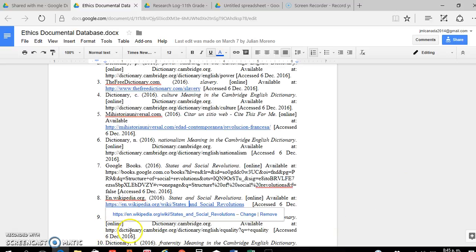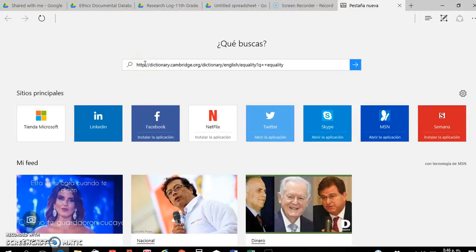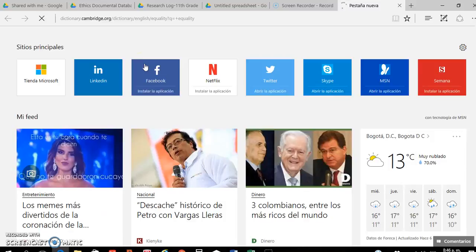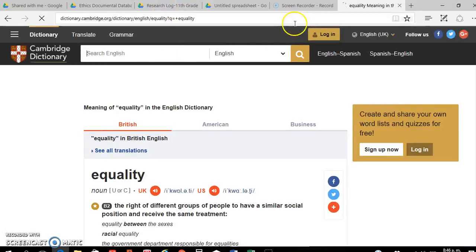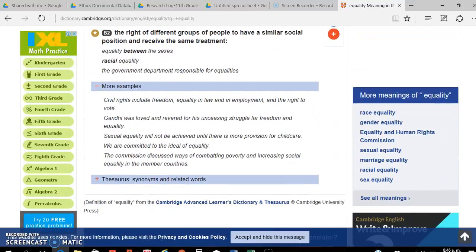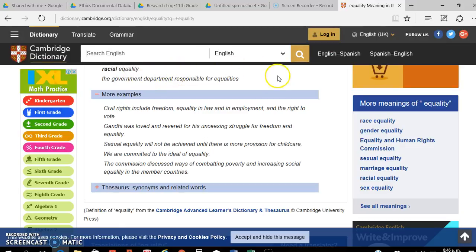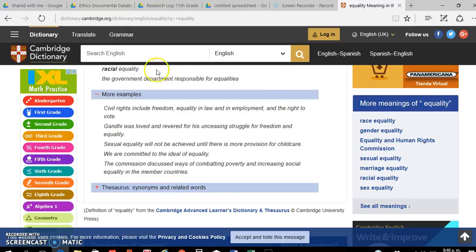Let's say that I take one of these concepts from dictionary.com. So I add it here and look for it. Well, it's taking a little time, so let's go back to the link and show you. Oh, here it is. I'm going to take a definition that we find here. For example,